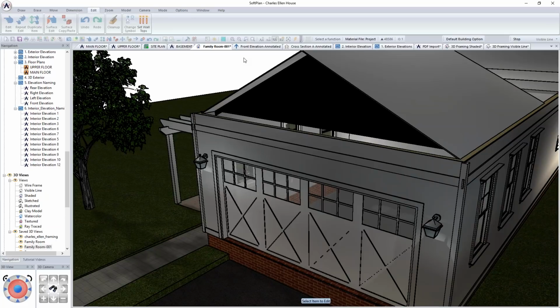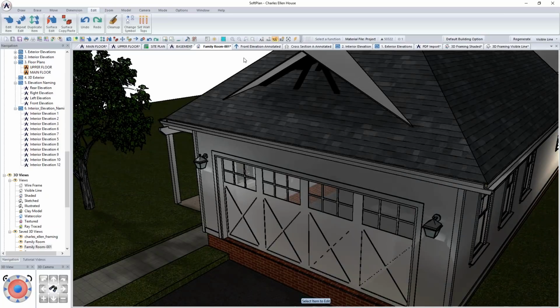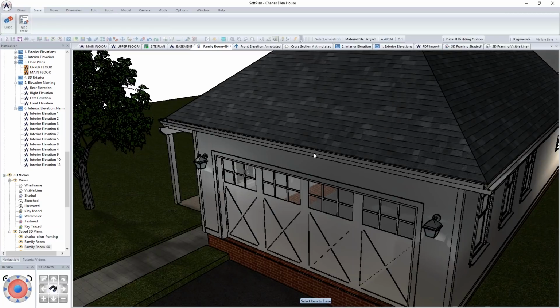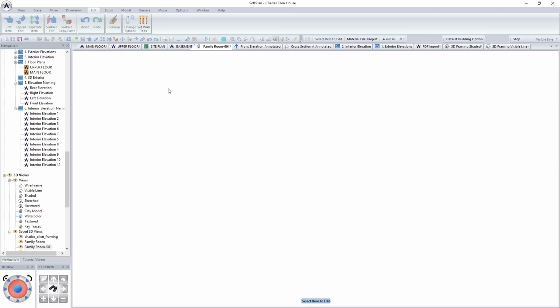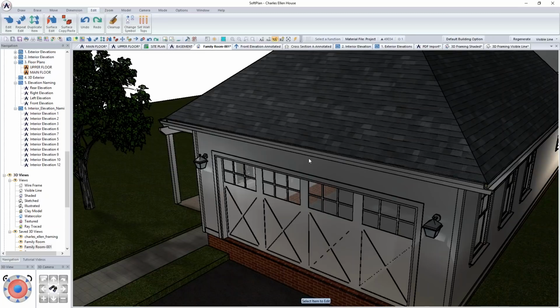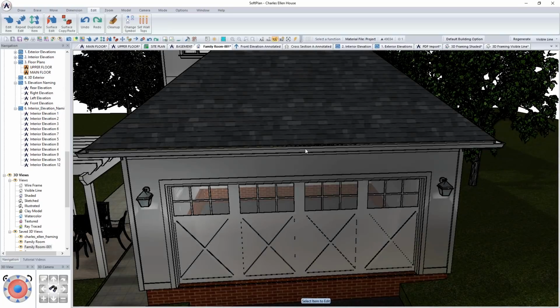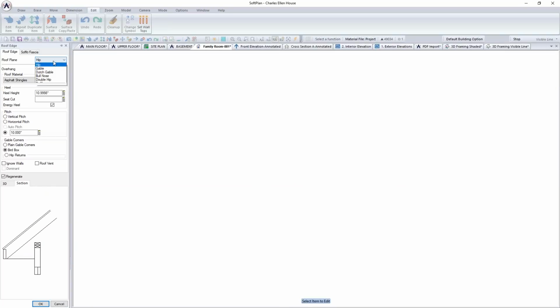And one of the things that we've added is the ability to have gable and false trusses on there. So I'm going to come in and I'm just going to erase a couple of items off of here. I'm going to edit this roof here. And so we'll just pick the edit item on this and select it. Okay, so let's edit this roof edge right here, and we're going to change that to be